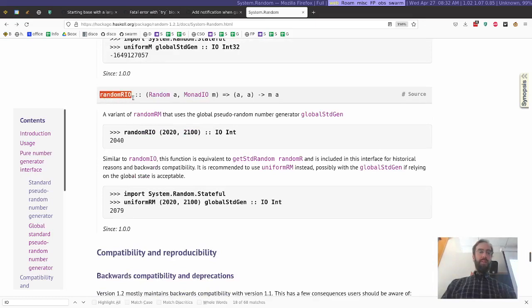So randomRIO says basically you give it a pair of values, like a low and a high, and it'll pick a random value in that range. And this M basically can be anything that's a MonadIO, which essentially we're just going to use IO, like we're going to get an IO in. So here's an example. We say randomRIO, you give it this value,